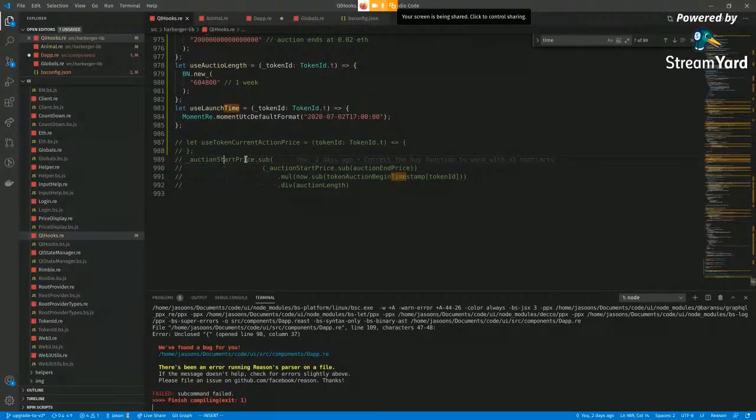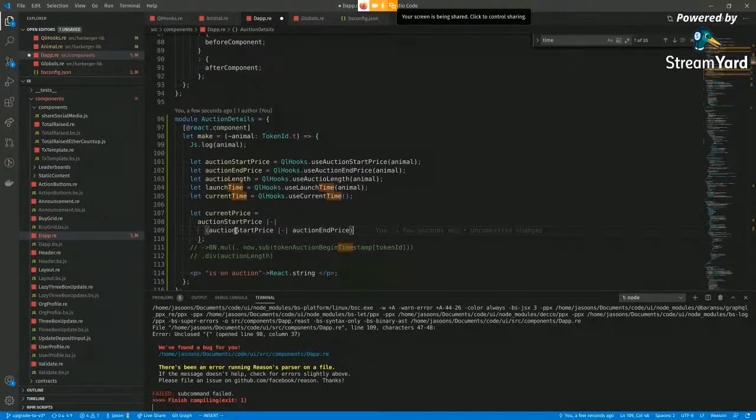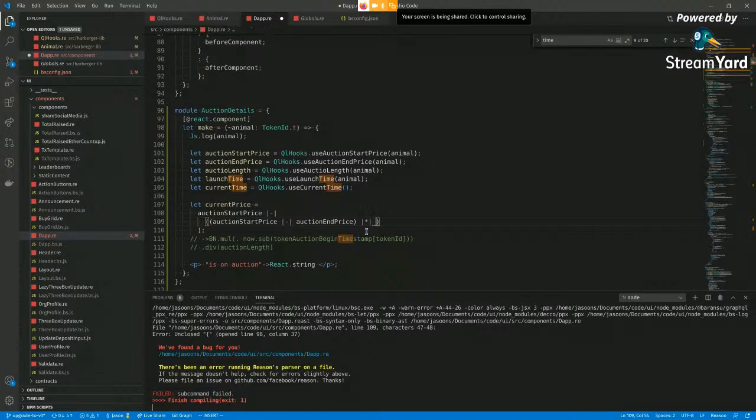That makes a lot of sense. Let's put another bracket there, and we'll say we need to multiply it by new brackets current time